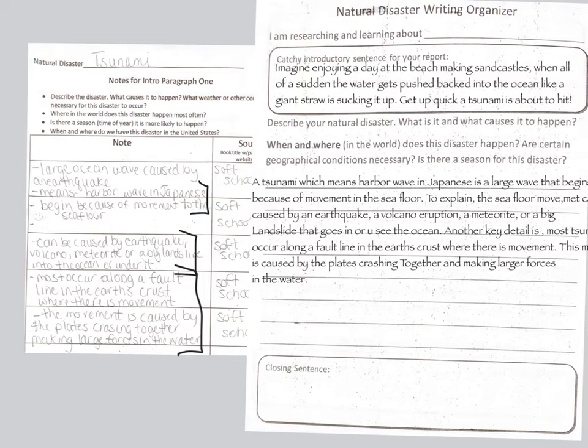So at the beginning of my closing sentence, I want to talk about what the summary of the paragraph was and then begin to lead into my next paragraph. I always like to say that I'm saying goodbye to the paragraph I'm in and saying hello to the next one. That's just something I like to remember. So let's begin. I'm going to start off by writing, "In conclusion,"